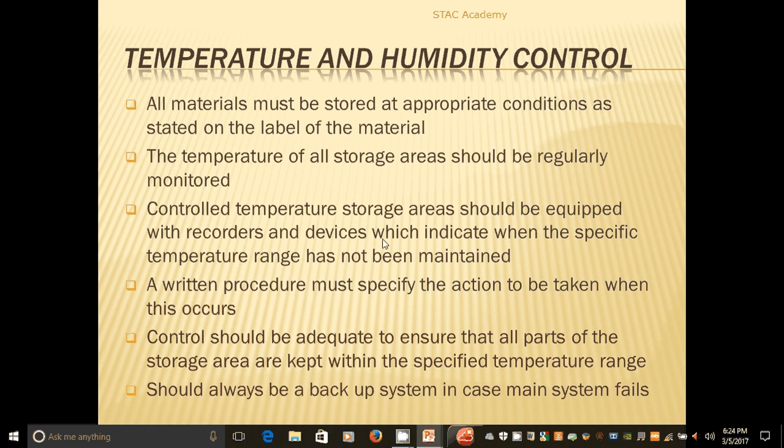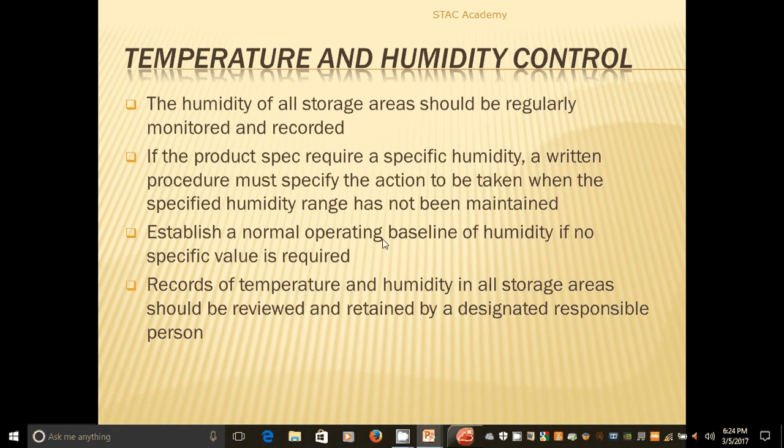There should always be a backup system in case the main system fails. The humidity of all storage areas should be regularly monitored and recorded. If the product specification requires a specific humidity, a written procedure must